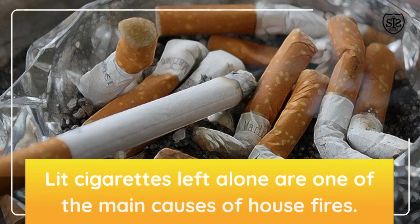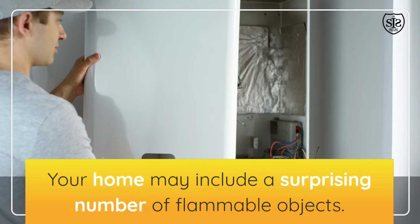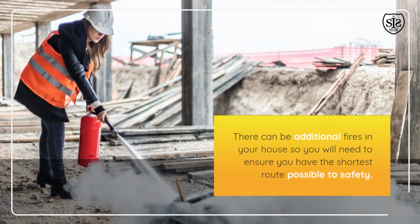Lit cigarettes left alone are one of the main causes of house fires. Your home may include a surprising number of flammable objects. It is important to understand what these objects are and how to prevent any fires within your home. There can be additional fires in your house, so you will need to ensure you have the shortest route possible